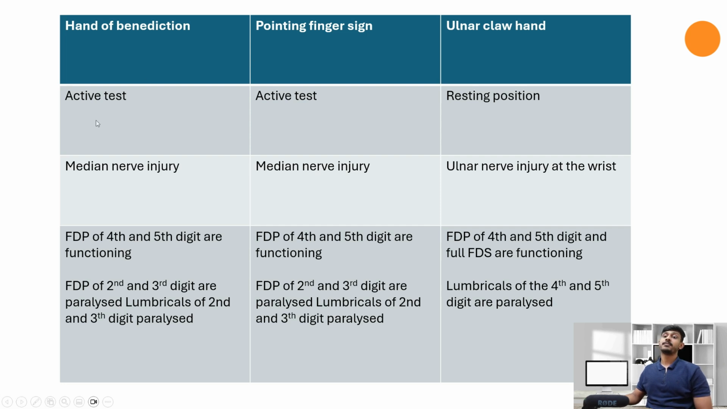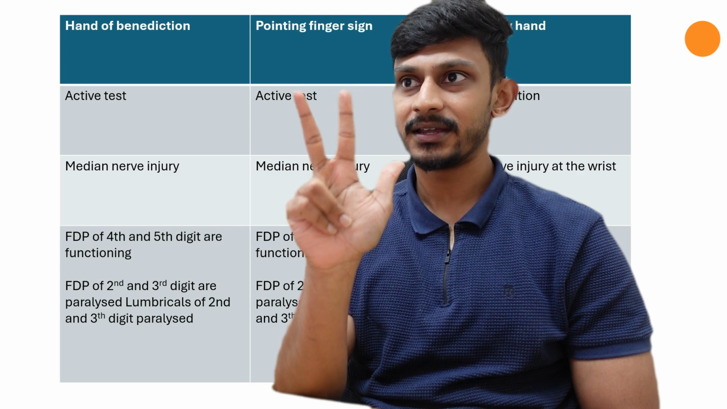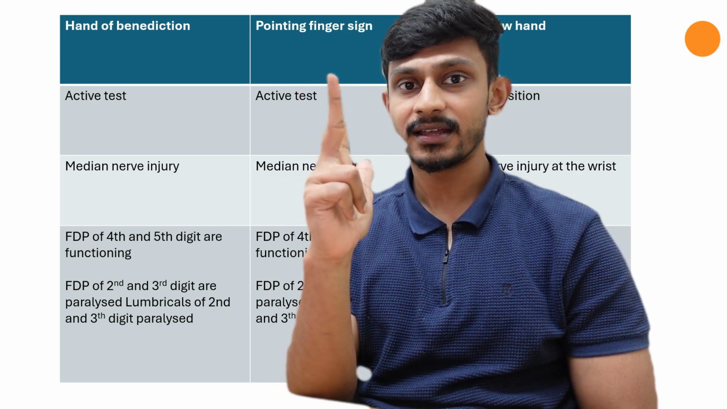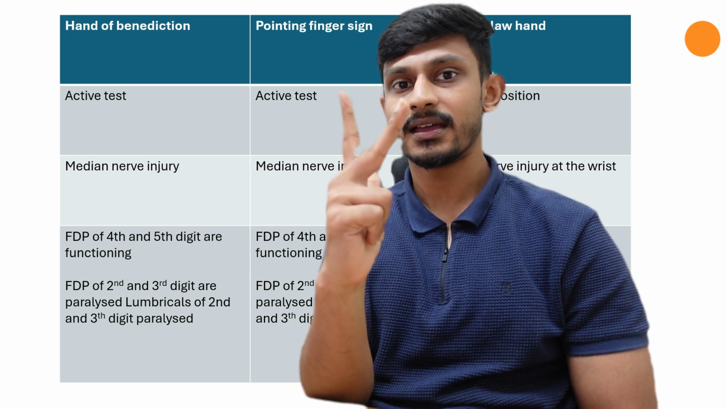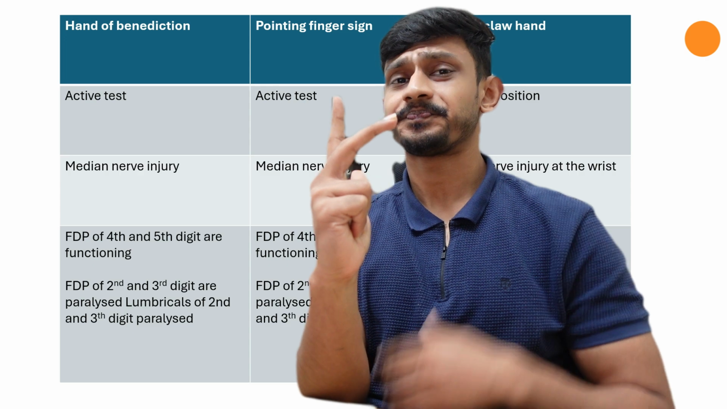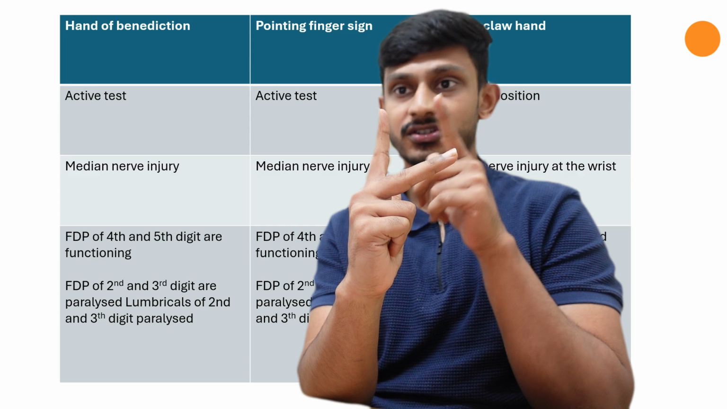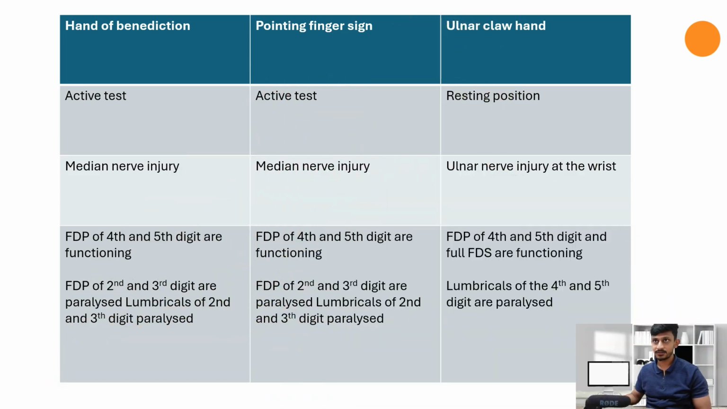Secondly, as by now you would have realized, the hand of benediction and the pointing finger sign are exactly the same thing. It was named the hand of benediction, which is slightly incorrect because in the hand of benediction, the middle finger and the index finger are fully extended at the MCP, PIP, and DIP, whereas during a pointing finger sign, there is slight flexion at the MCP and the PIP and the DIP of the middle finger, whereas the index finger still remains straight. Okay, so the hand of benediction and the pointing finger sign both occur in median nerve injury,